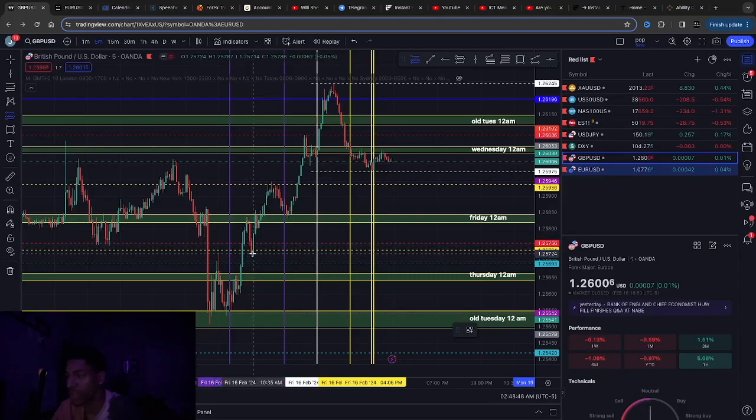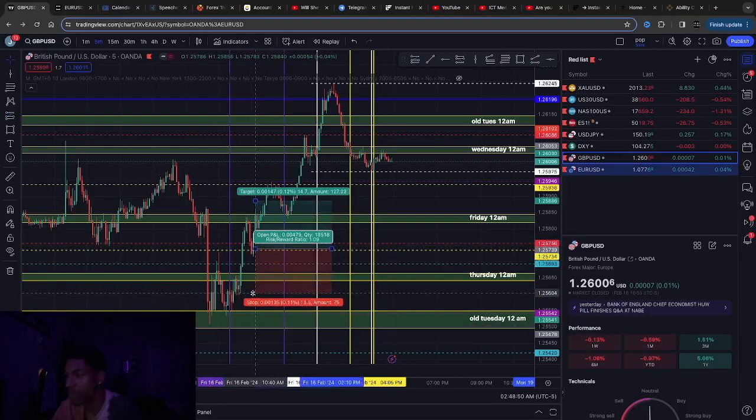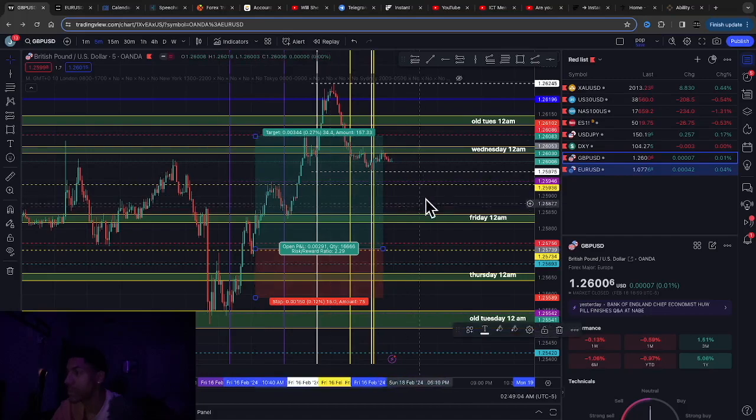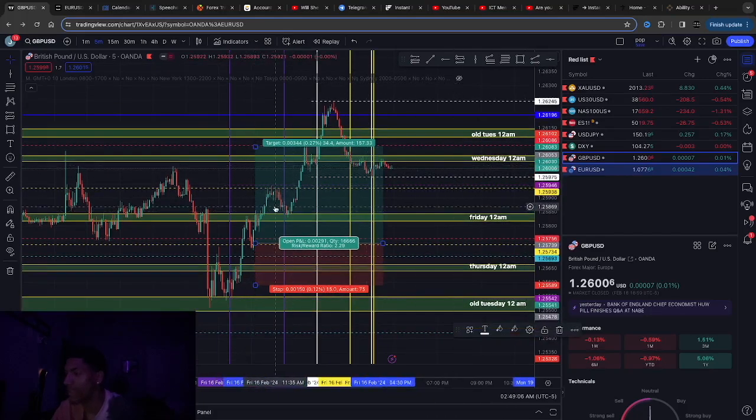Now we get an entry. Now you have a pending order here. Pending order, you can put your stops at this low here or up here, whatever you decide. Me, usually, I'll put my stops here or about 15 pips. And me, I would target the opposite side range